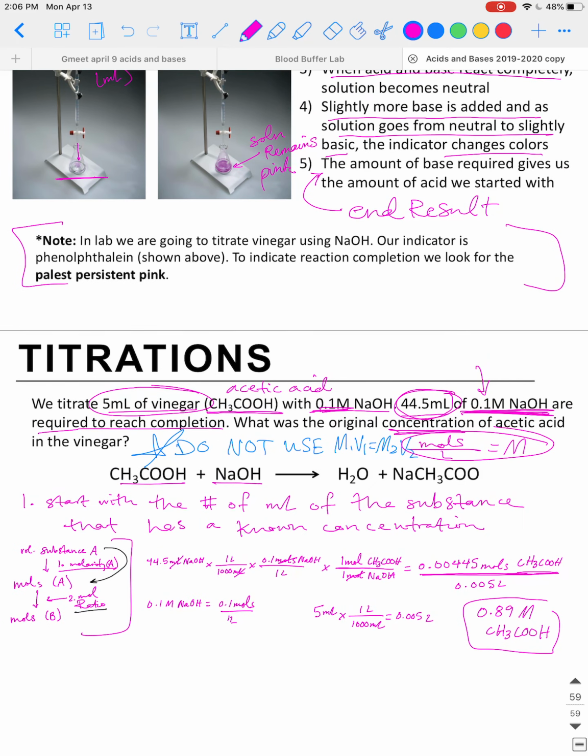Okay. So that's an example of how to work a titration problem. That concludes our Chapter 10 material. So if you guys have questions on this, please write those questions down, email me, or jump in a Google Live